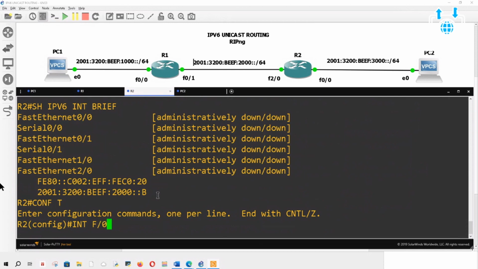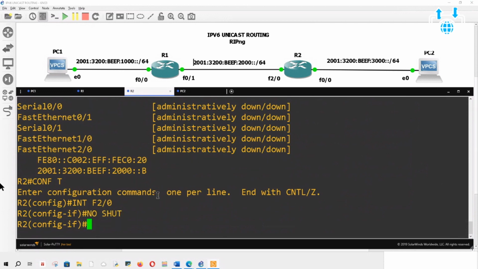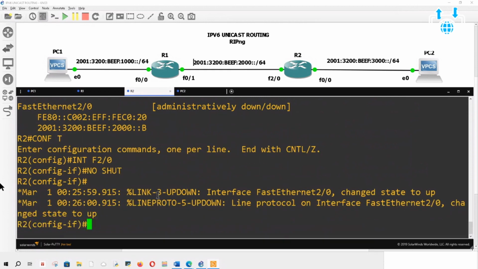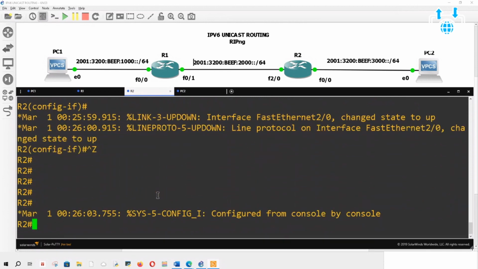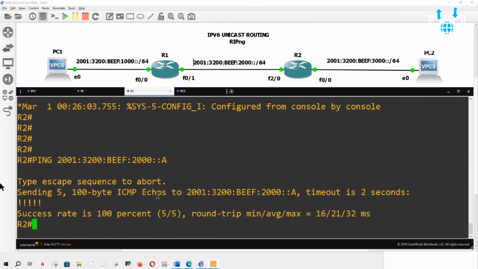F2/0. And listen, this is where troubleshooting comes in, okay? So when you're making mistakes, be happy about it. Don't say, oh my God, what a newbie mistake. No, that's good. So you know what comes up, and now you can fix it. Okay? If you never make a mistake in your life, you didn't learn anything. You might as well call yourself a data entry person. Oh, let's up arrow. Let's ping. Hey, we can ping now.